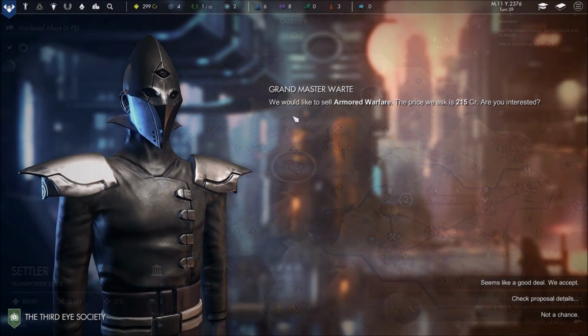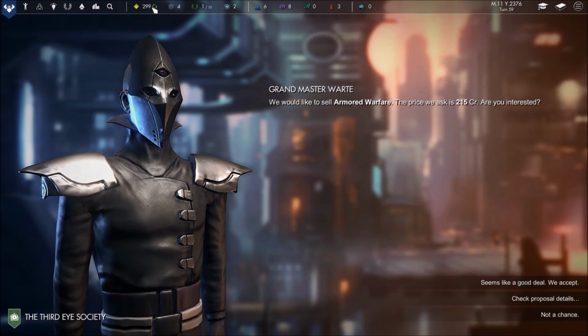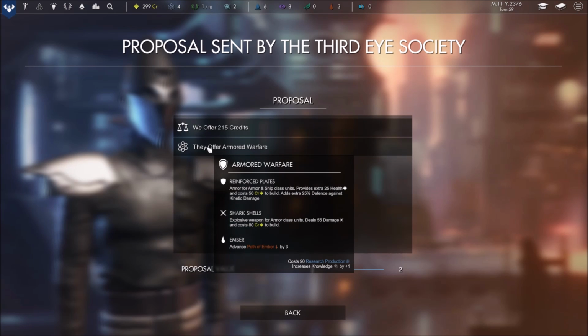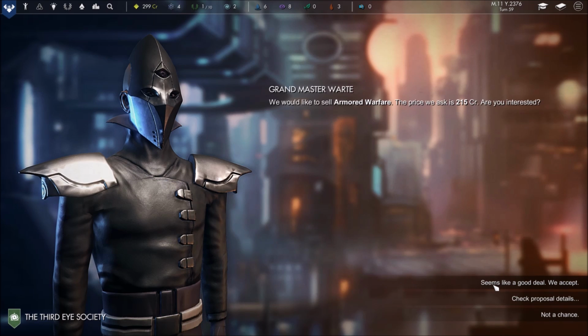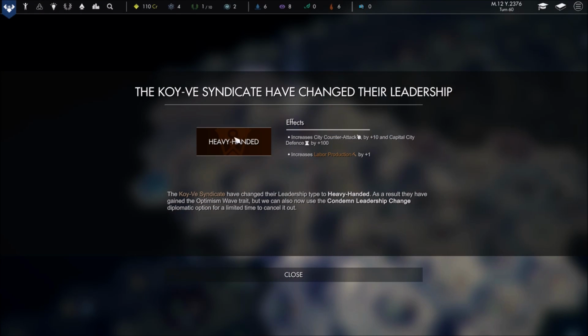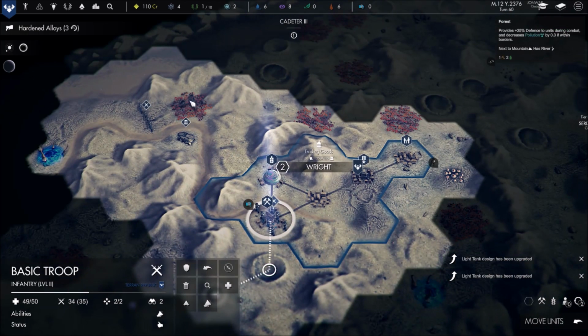They want to sell me Armored Warfare for 215 credits. I don't know if I can afford that. That's what we're getting right now, though, right? Is that what we're getting? No, that's the next one down. Can I actually look at this? No. But that's a good one to get. Apparently it's a good deal. I'd like to have it, but then I wouldn't have any money. Yeah, what the heck, we'll do it. Okay, I can always use some tech. So that was...